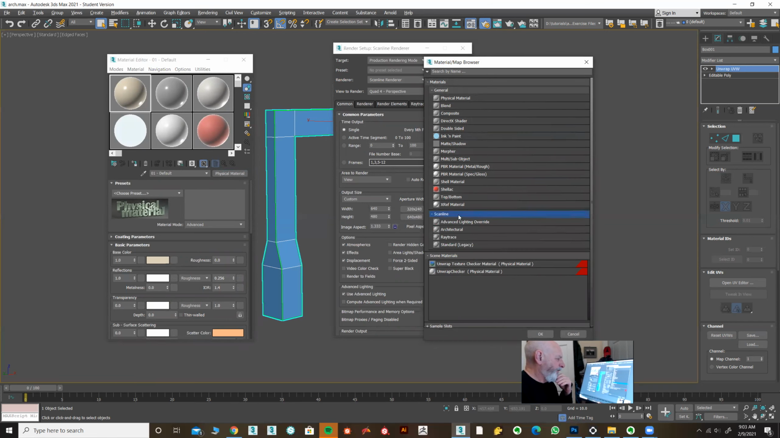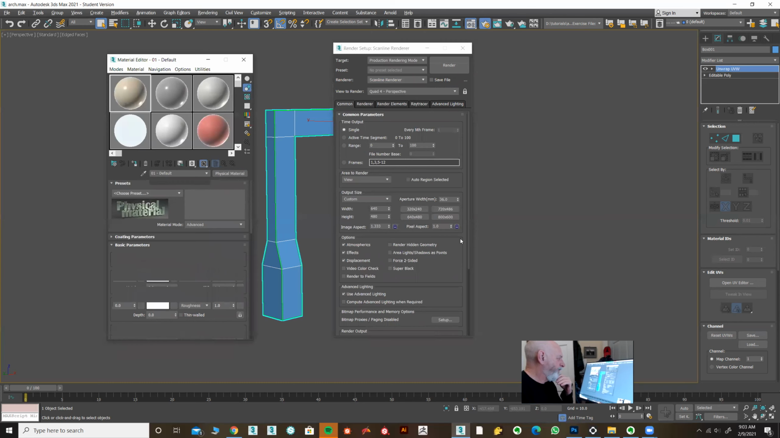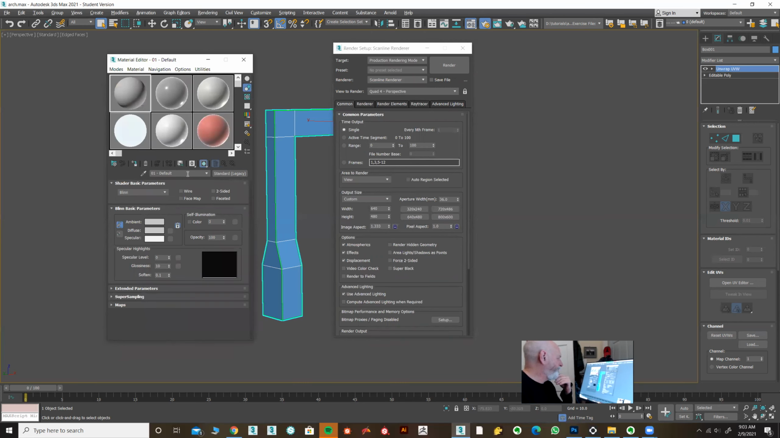And let's see, there's scanline and standard. It says legacy because it's kind of older, but it's still fine. So I'm going to call this arch material, because it's the material for the arch, right? You don't really need to do that because I believe we only have one material on here. So anyway,